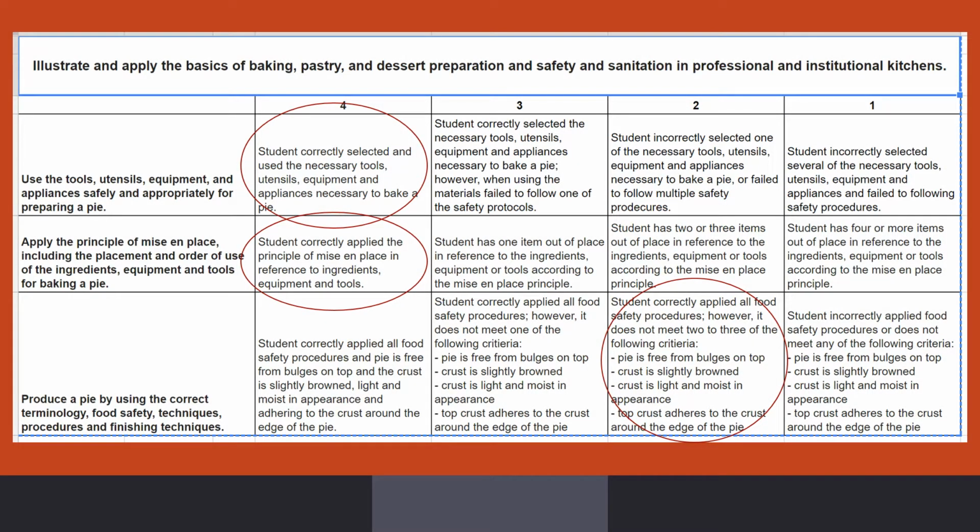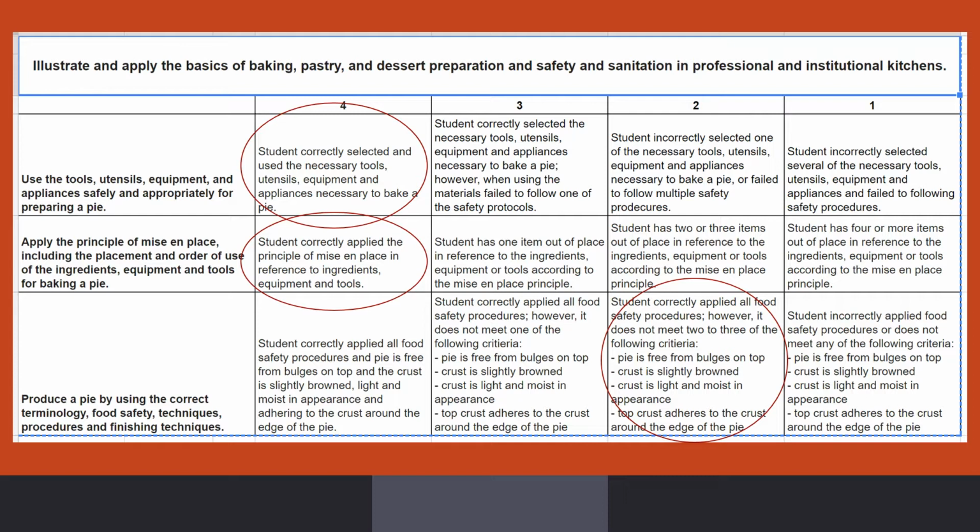Well, in a standards-based system, we have a way to grade this. We have a way to look at this with some precision. We have a standard, and the standard says that the student will illustrate and apply the basics of baking, pastry, and dessert preparation and safety and sanitation in professional and institutional kitchens. And this standard has 3 subclaims or substandards in it that the student is supposed to demonstrate